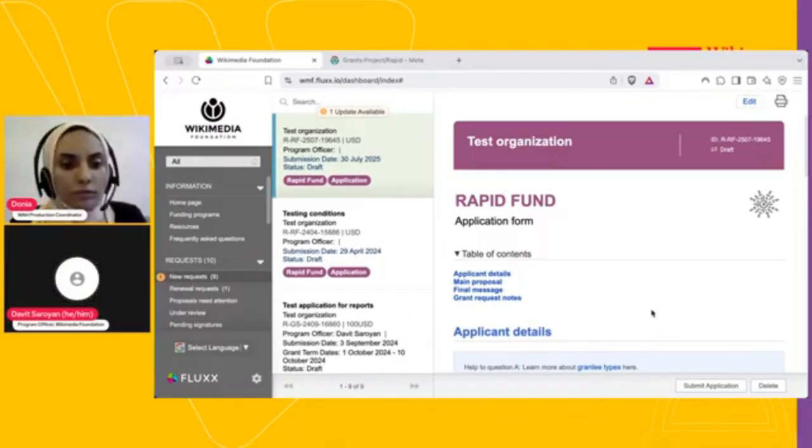And to conclude, I'm sure there are more challenges that we don't know, and there are some that we know about. Some are related directly to the technical aspect, meaning the portal and how to navigate it, etc. But some are related to our grant processes and our forms. I would really love to learn more about your experience and your challenges. I asked Donia to put the link to my user page in the chat, so you are free to reach out to me